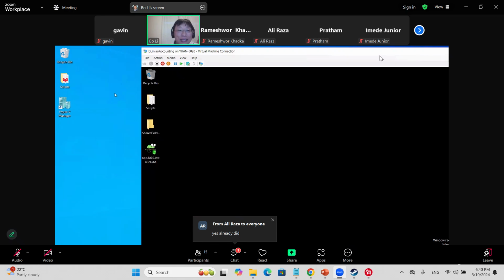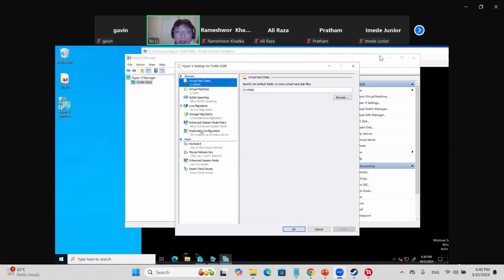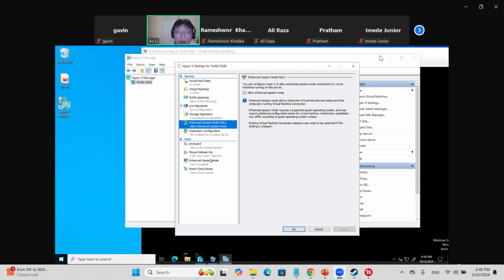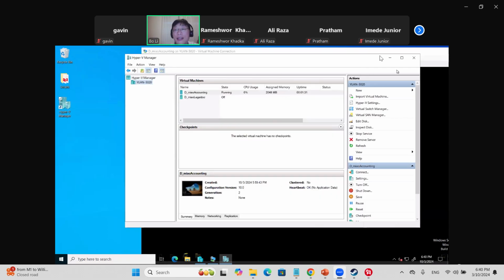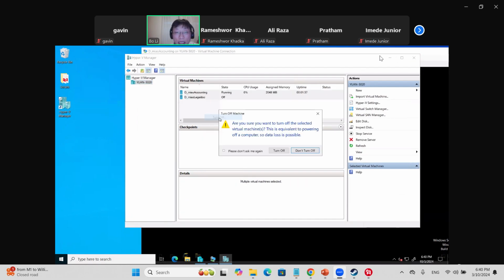So if you cannot copy and paste, just go to Hyper-V, then go to Hyper-V settings. Make sure the two options have been ticked. All right. This is the first issue. Now we are going to turn it off,